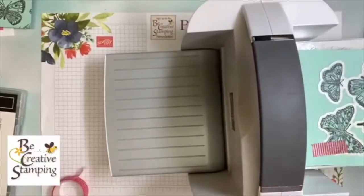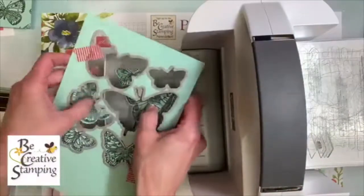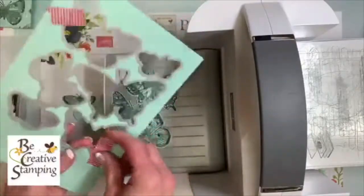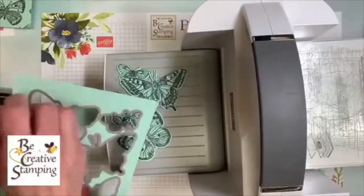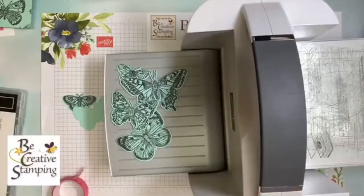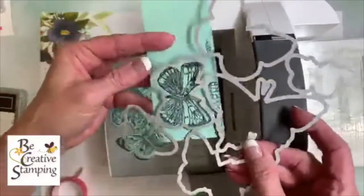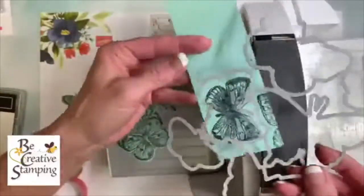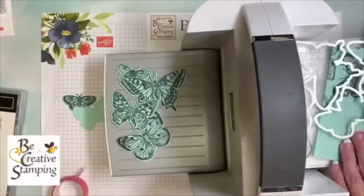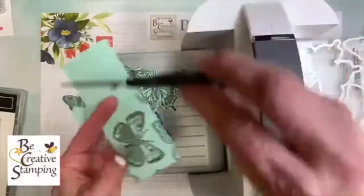Okay, and now these will pop out just like that. Now let me show you how to cut that single butterfly. It's super easy. I would just put it on the platform. I think, which one is it? This one? I don't need to cut this one tonight because I have already cut one. Let's cut this